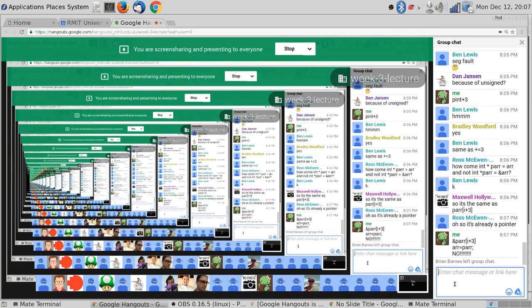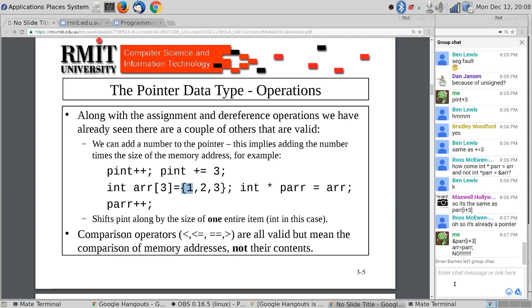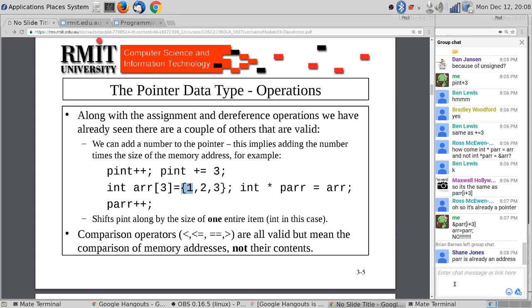Why not? You should try this in your code. Don't take my word for it. What's more than the fact it's already an address,